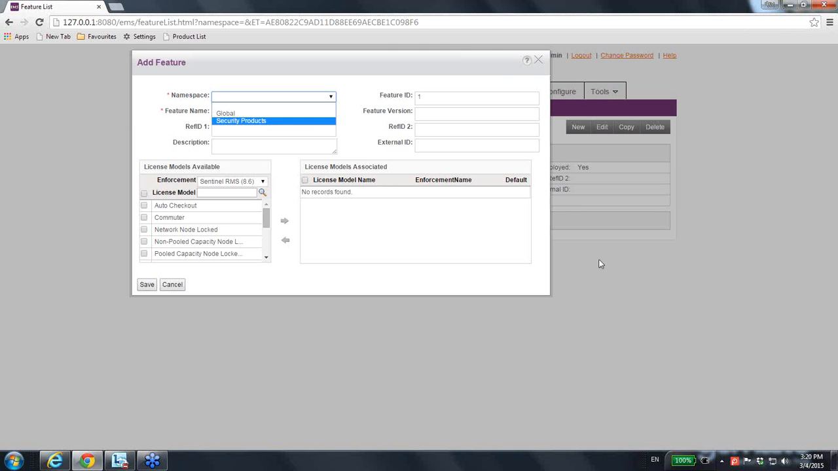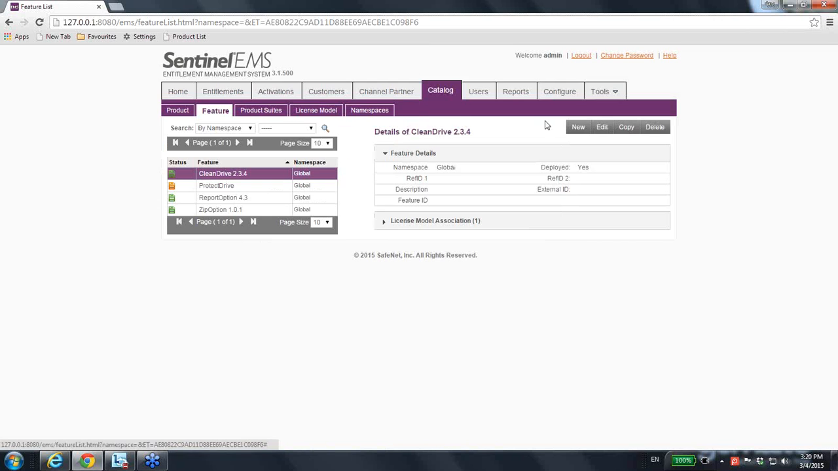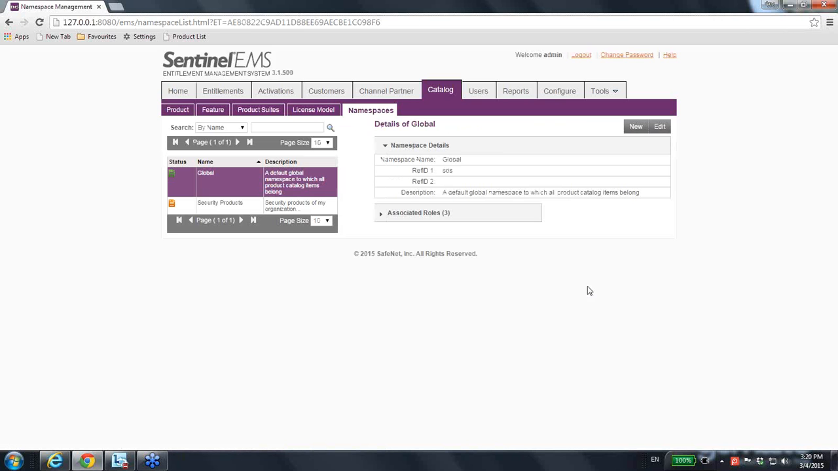So to sum up, namespaces are a very important part that you need to consider prior to starting with definitions of features, products, roles, and other things. More or less this is almost the most important thing to start with once you work with Sentinel EMS